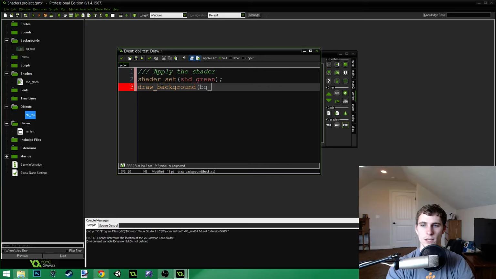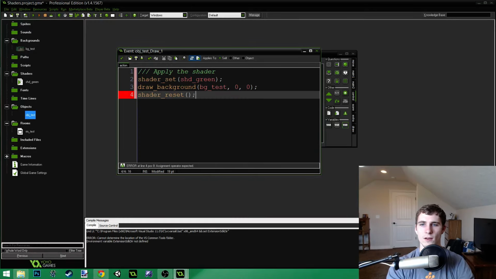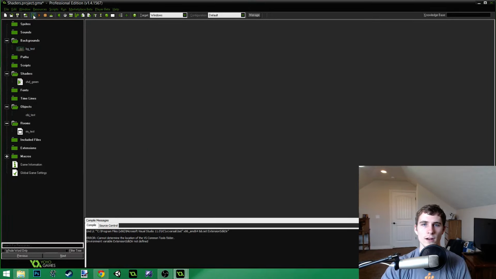Draw background, BG test. The X coordinate is 0 and the Y coordinate is 0, because we're just going to draw it at the left corner of the room, which will fill the whole room because the background is the same size as the room. Then we do shader reset, which tells it, okay, you're done using the shader now. And that's it. Now we should be able to run our game,